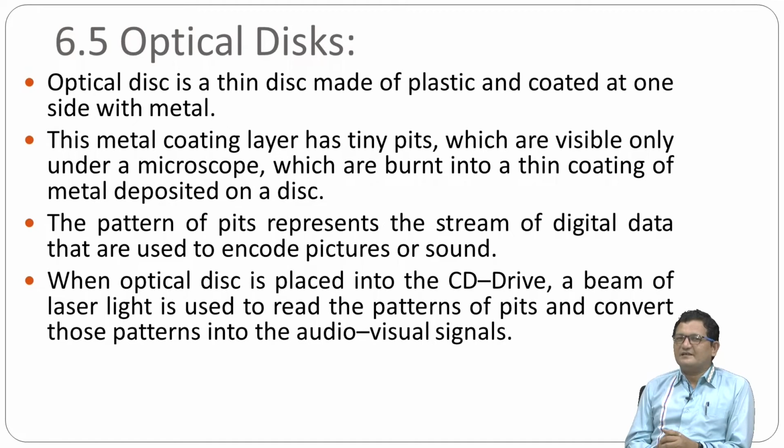As I said, there are two types of beams: a high beam and a low beam. The high beam is basically used to write the data. Whenever you want to write, suppose, a 1, we throw a high-concentration laser light which burns the pit on the metal surface, and it becomes non-reflective. And if you want to write 0, we switch off the high-beam laser, and the surface remains as it is.